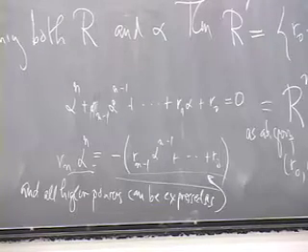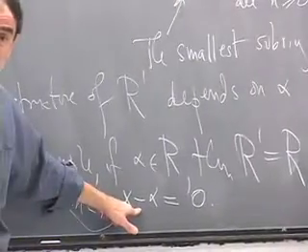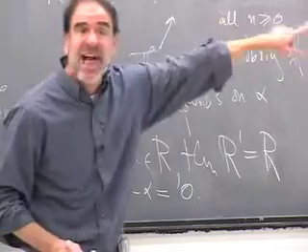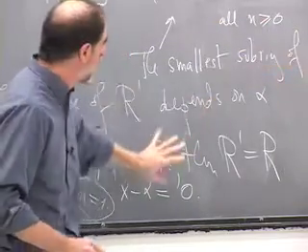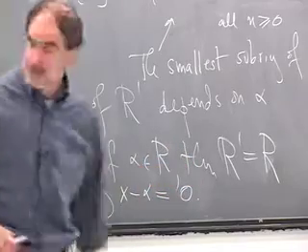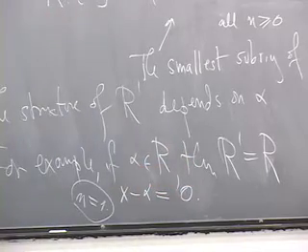Here could be a linear polynomial. If alpha's in the ring, this is a particular case of that. It's an incredibly stupid case, but it's one that you should bear in mind. And even more generally,